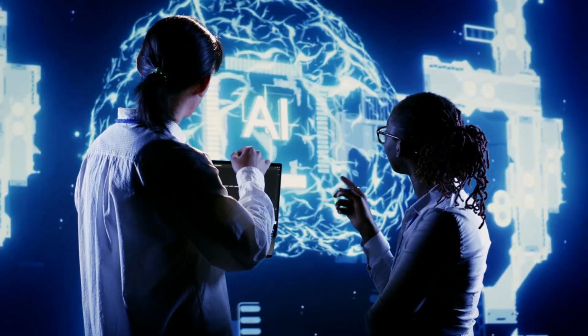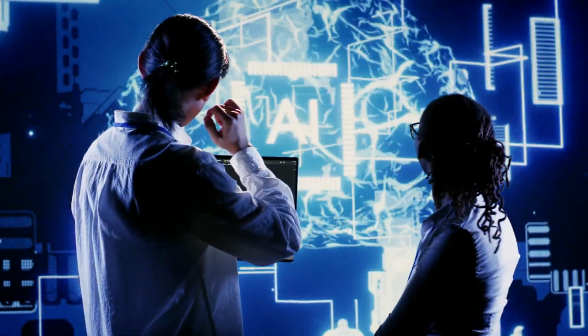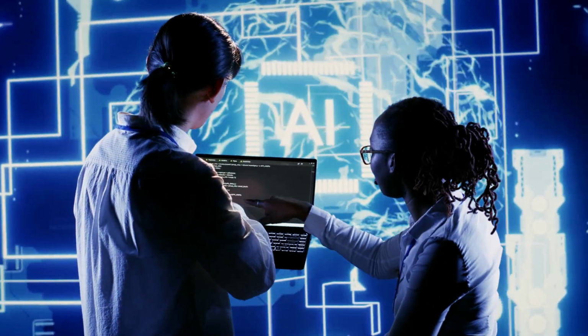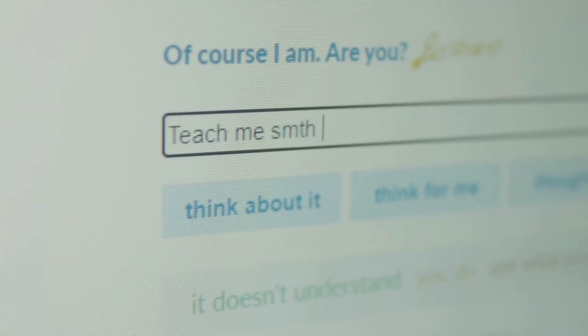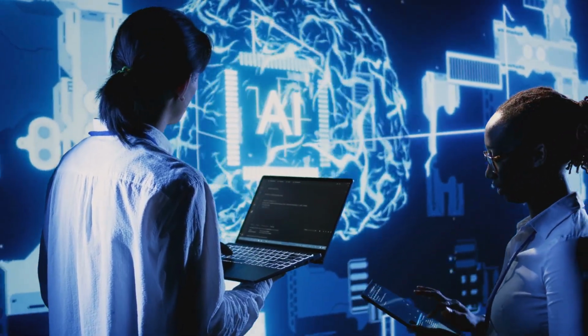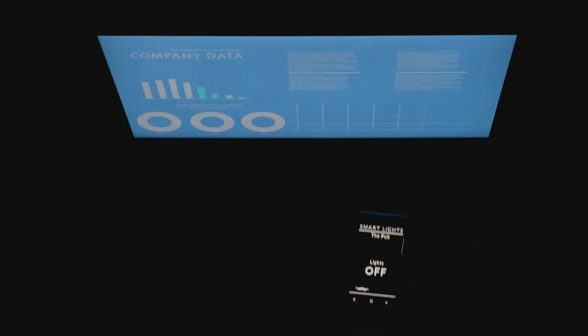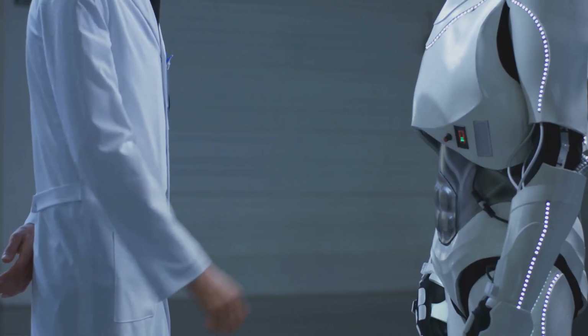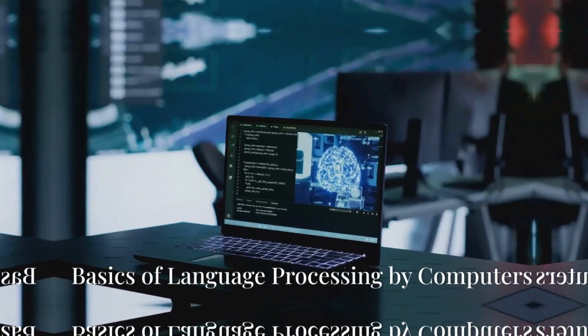Natural language processing, or NLP, is a field at the intersection of computer science, artificial intelligence, and linguistics. Its goal is to enable computers to understand and process human languages, to get computers closer to a human-level understanding of language. From translating languages to processing spoken commands, NLP helps bridge the communication gap between humans and machines.